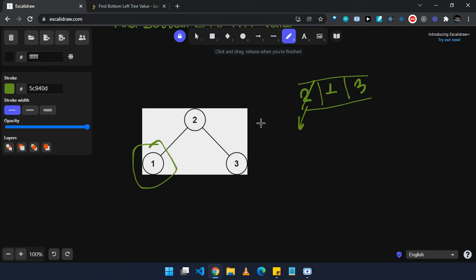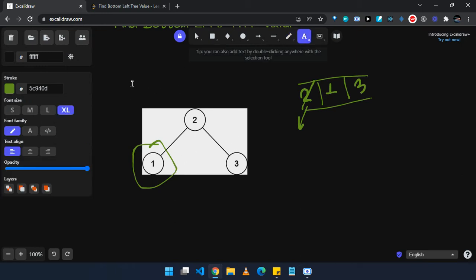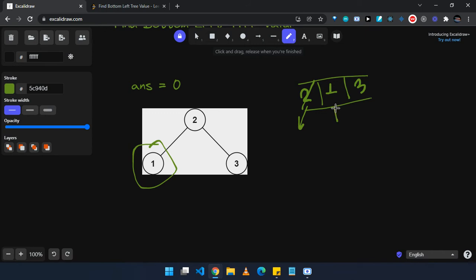We need not care which level it is. So we'll take a variable called answer, which we will initialize with 0, and we'll keep storing the first element of each level. In this case the first element of this level is 1, so we'll reset the answer's value to 1, and we'll pop this and push its neighbors.